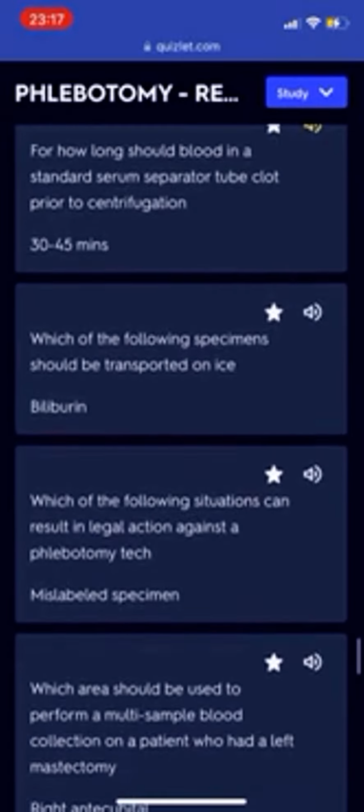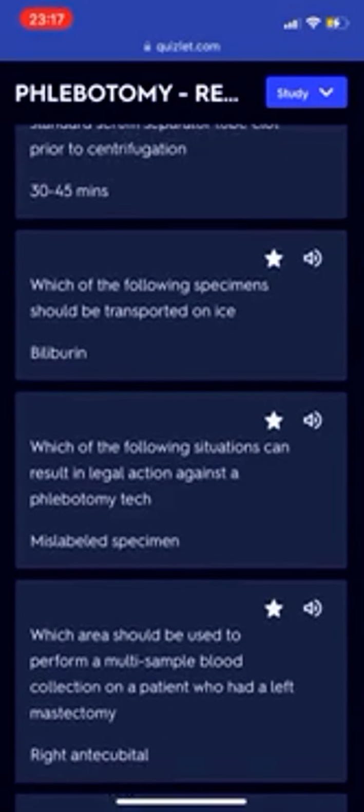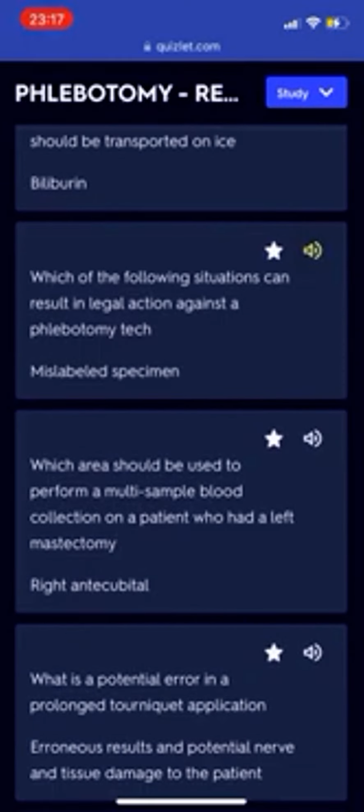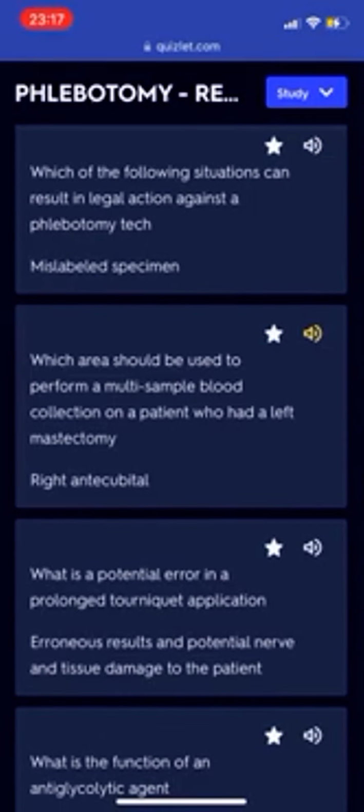For how long should blood in a standard serum separator tube clot prior to centrifugation? 30 to 45 minutes. Which of the following specimens should be transported on ice? Bilirubin. Which of the following situations can result in legal action against a phlebotomy tech? Mislabeled specimen. Which area should be used to perform a multi-sample blood collection on a patient who had a left